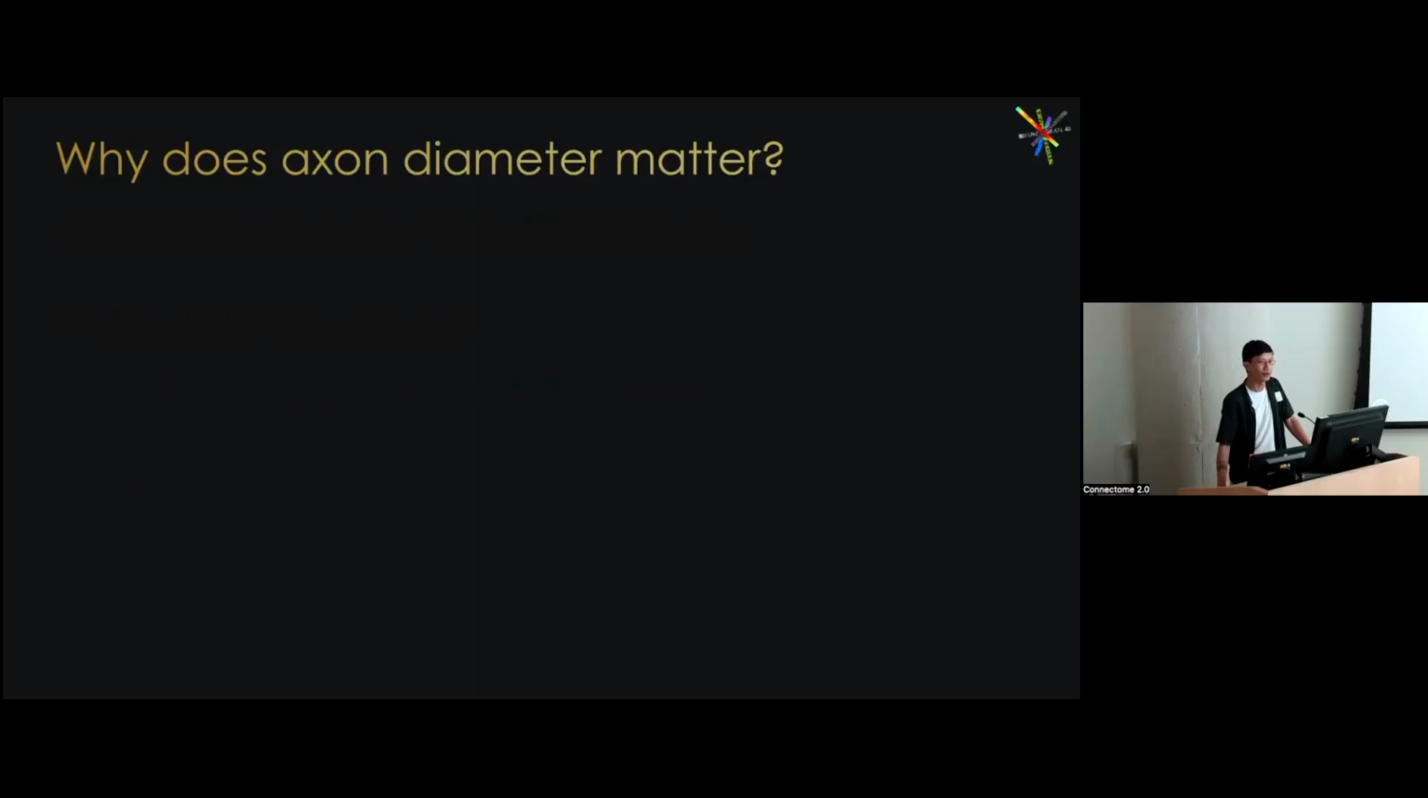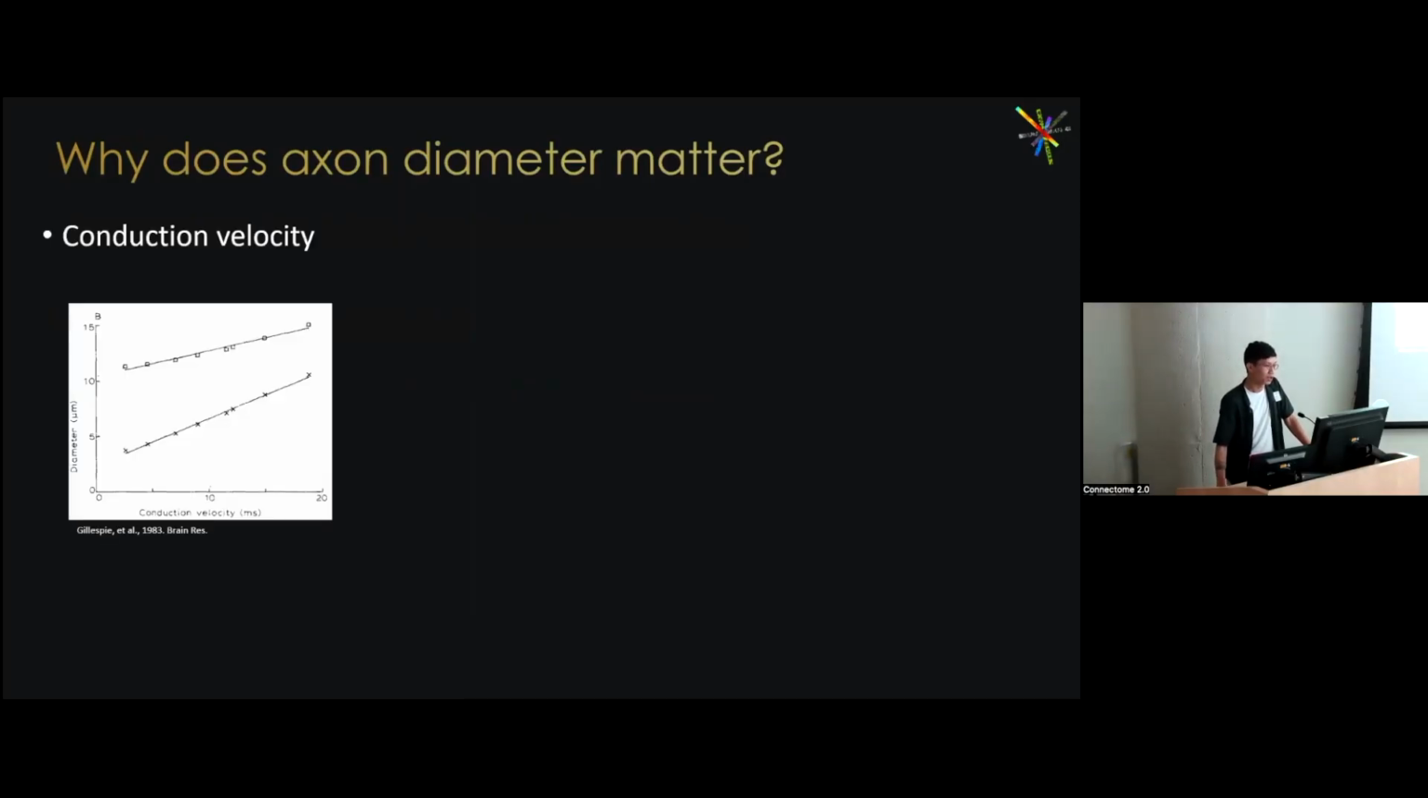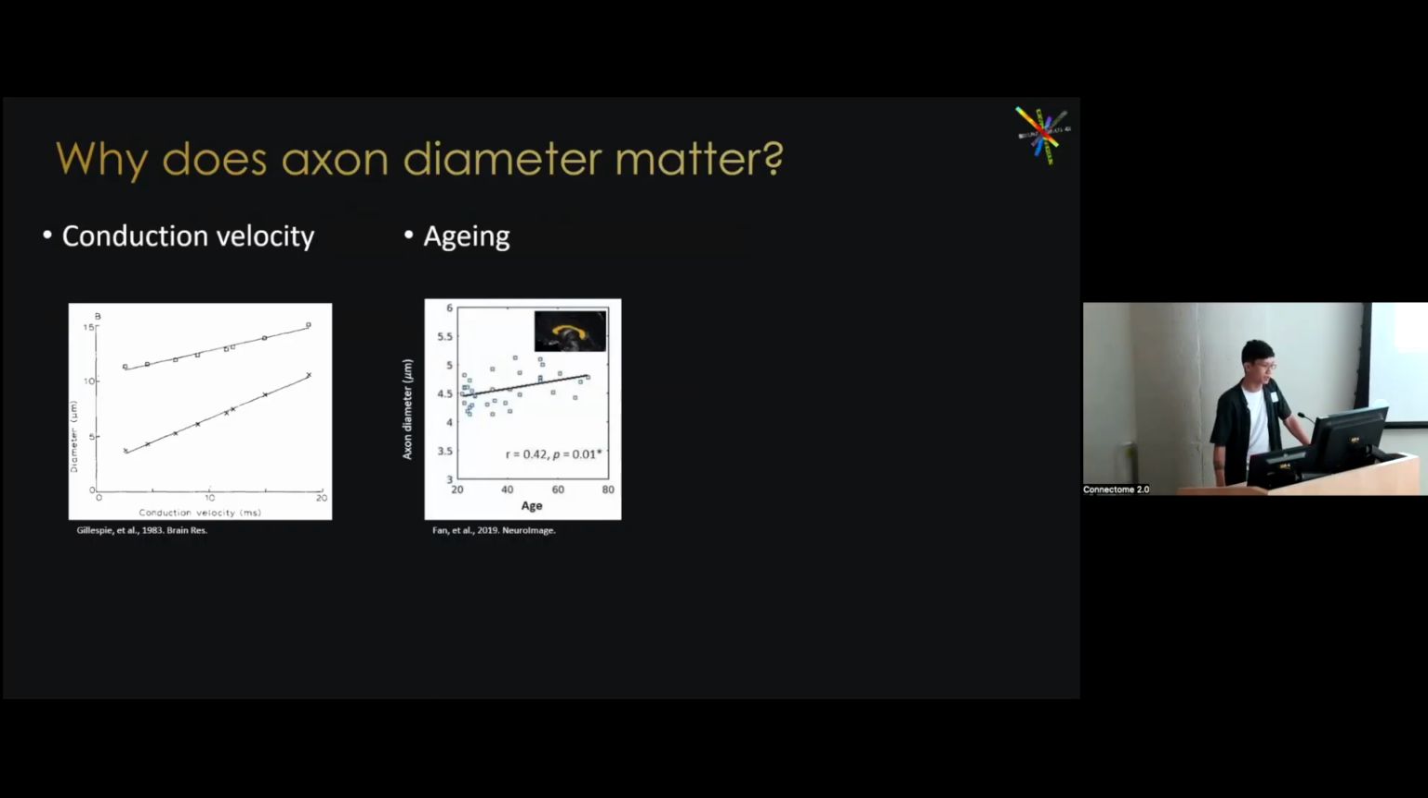So why are we interested in mapping the axon diameter in vivo? Well, a lot of studies have been showing that the axon diameter is actually related to the conduction velocity in the brain. So if we can measure the axon diameter non-invasively, this will provide us a window to connect the structure to the functional outcome. And previously in our lab, we have been showing that the axon diameter we can measure by MRI